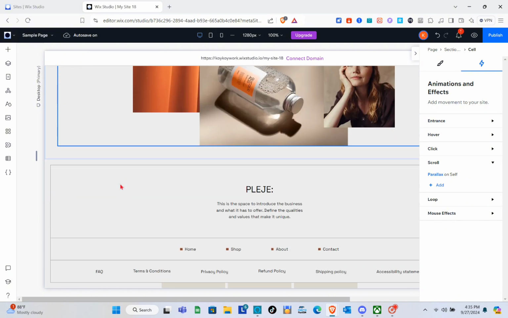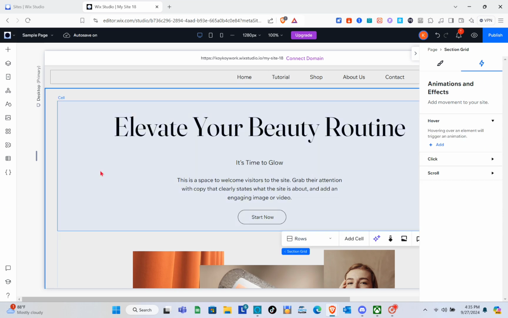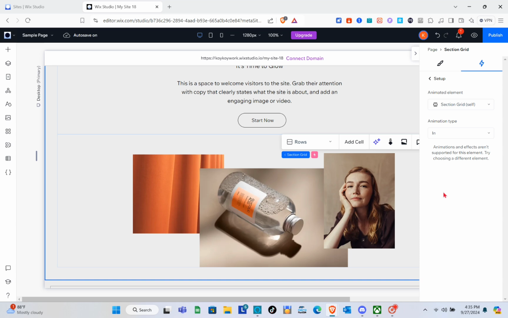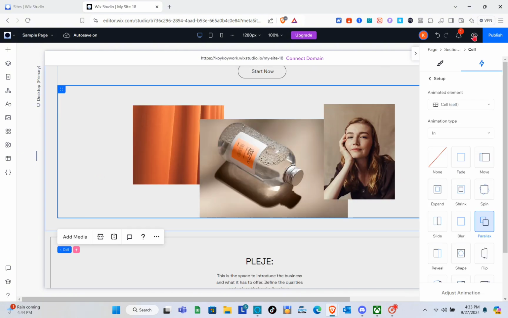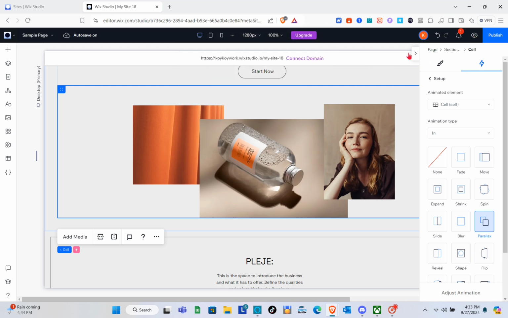So the parallax effect in Wix Studio enhances the visual experience by creating a sense of depth as users scroll through a page. It works by moving background content at a different speed than foreground content, resulting in a dynamic, immersive interaction. Incorporating the parallax effect in Wix Studio offers a visually captivating experience that can engage visitors more effectively. This effect adds depth and dimension to your website, making it feel more interactive and modern. As users scroll, background images or elements shift at a slower rate compared to the foreground, creating a 3D-like visual